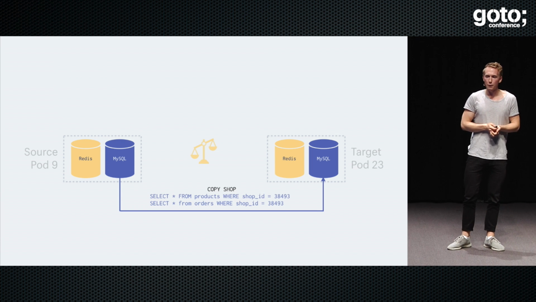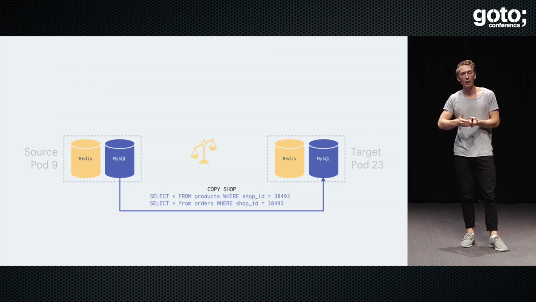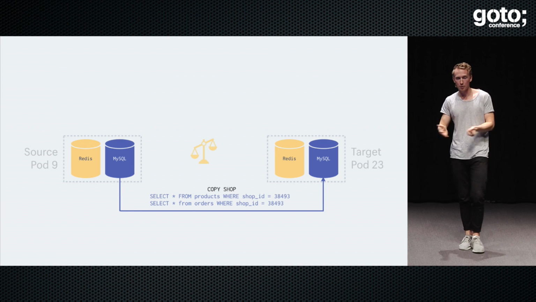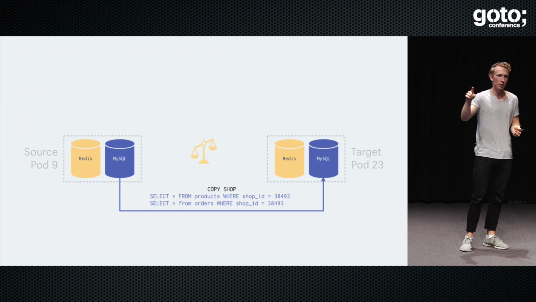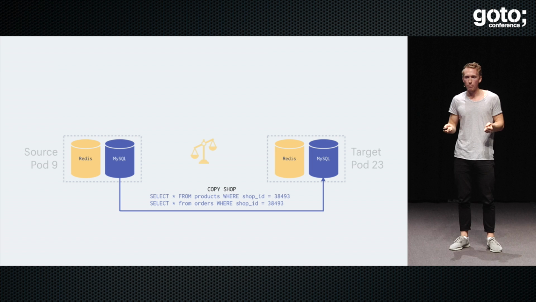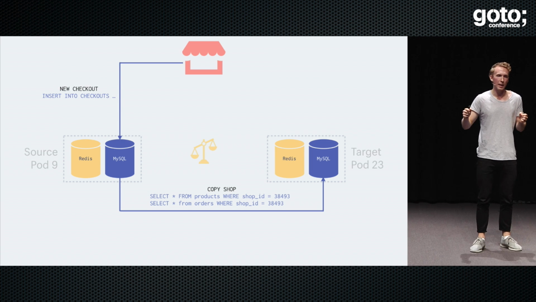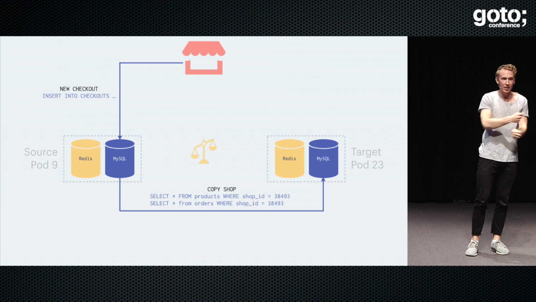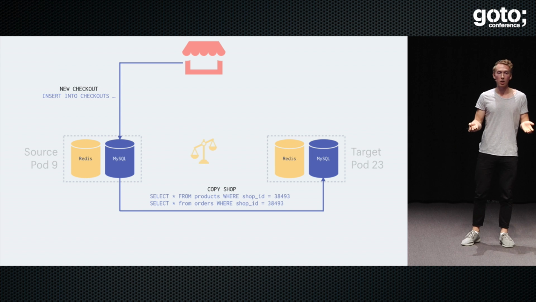The very naive way of doing that is that you copy the shop by going through every single table, and you find all the records that belong to the shop with a simple query like this. Give me all the orders where the shop ID is this, give me all the products where the shop ID is this, put it into the target shard, and while that is happening, you don't accept any writes. Because the problem is that if you have a shop, and while you're copying that shop, it's inserting a checkout, but you've just copied the checkout table, that checkout is going to be lost. So you need to basically lock the shop while you're